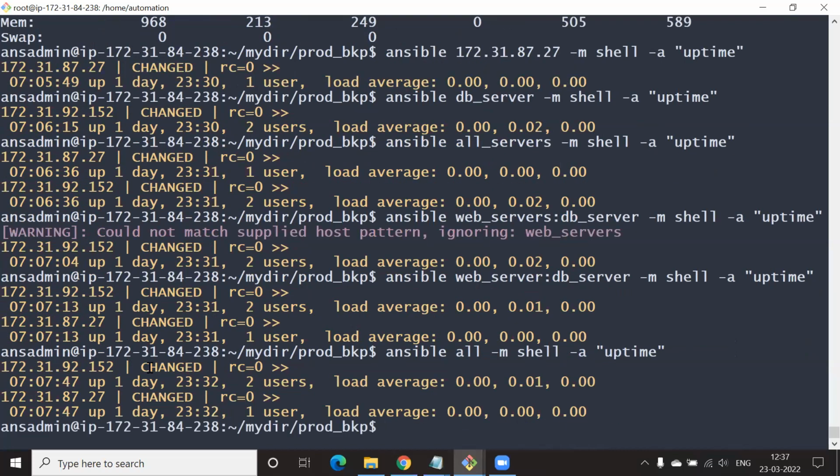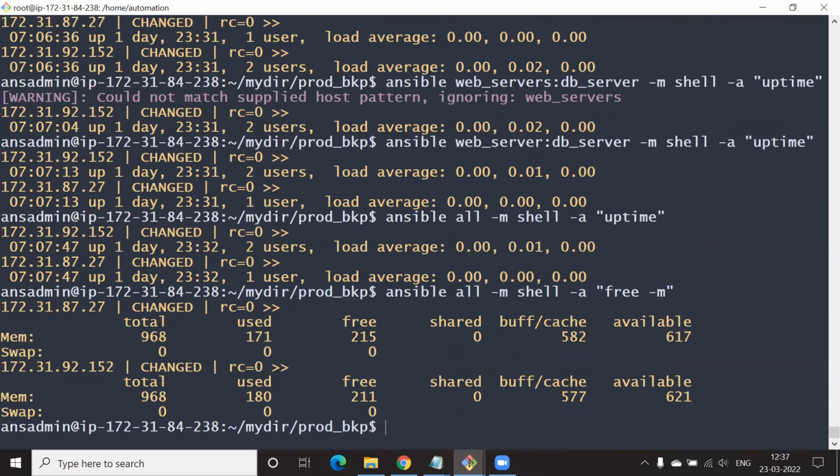Now, instead of uptime, run a free -m. Catching everybody? Yes. Okay. Next one is type in ansible-doc.